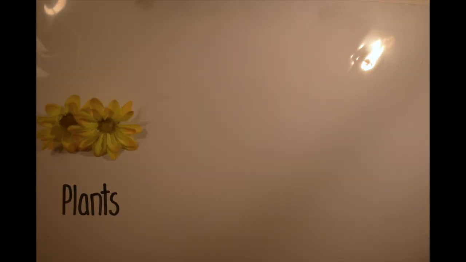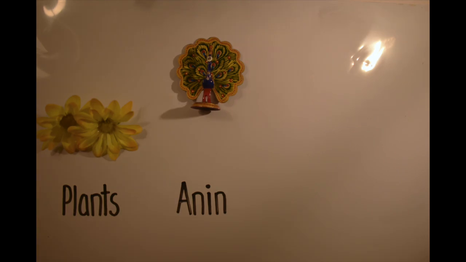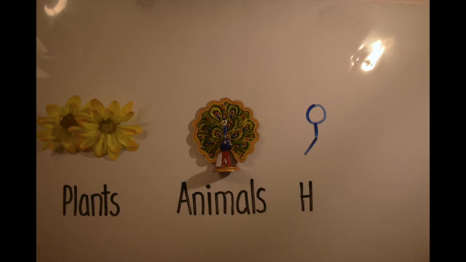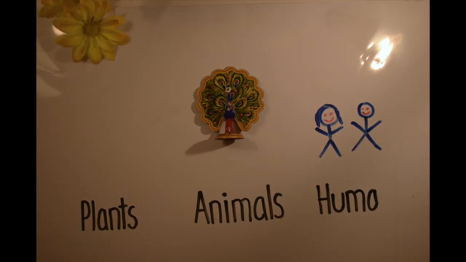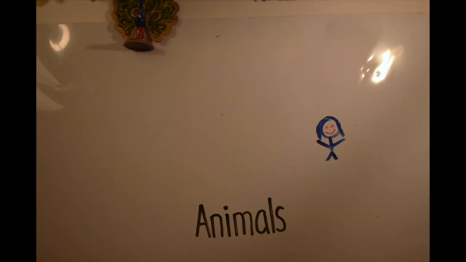Cells, they exist in all living things, from plants, such as flowers, to animals, such as peacocks, dogs, cats, lions, and guess what? They exist in us too, humans. Just like other living organisms, cells play an extremely important role in our bodies, and we wouldn't even be alive